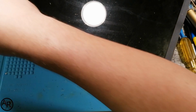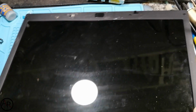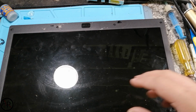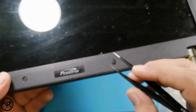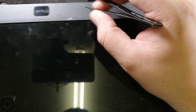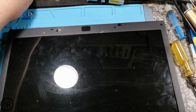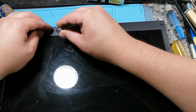So next step is, let's get the LCD panel out. Let's get a tweezer. Need to remove these rubber, I don't know what you call them, rubber covers. They're just there to cover the screws to make the LCD panel nice and